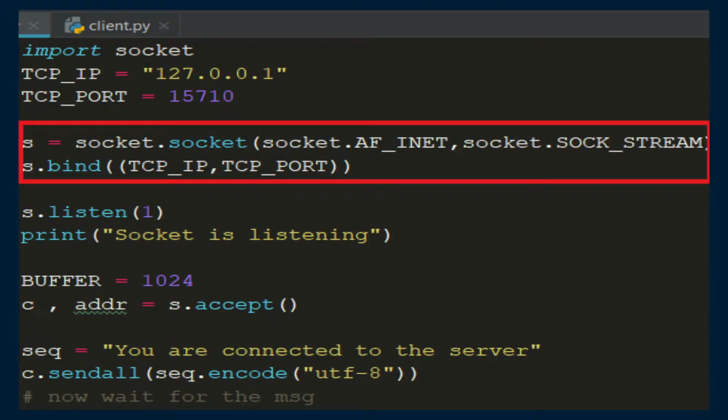Once you have a socket object, then you can use required functions to create your client or server program. We will create a socket object using socket.socket method and specify the socket type as socket.SOCK_STREAM. When you do that, the default protocol that is used is the transmission control protocol, shortly called TCP.